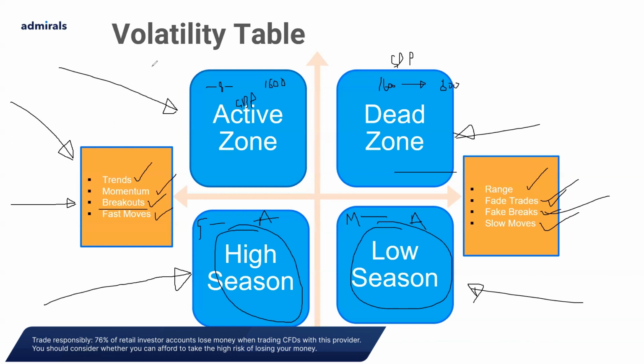Maybe you like trading false breakouts. Personally, on an intraday basis, I do like to trade false breakouts. But I know there are certain times and certain instruments that I will look for those on, because ideally you're looking for trades that are in their dead zones or in their low seasons. So it is worth taking time to understand this volatility table,